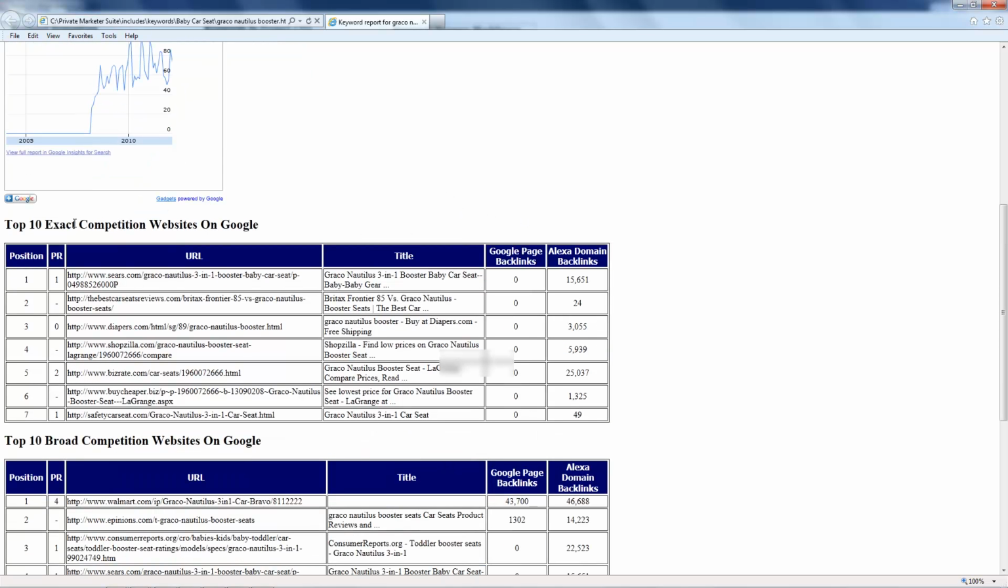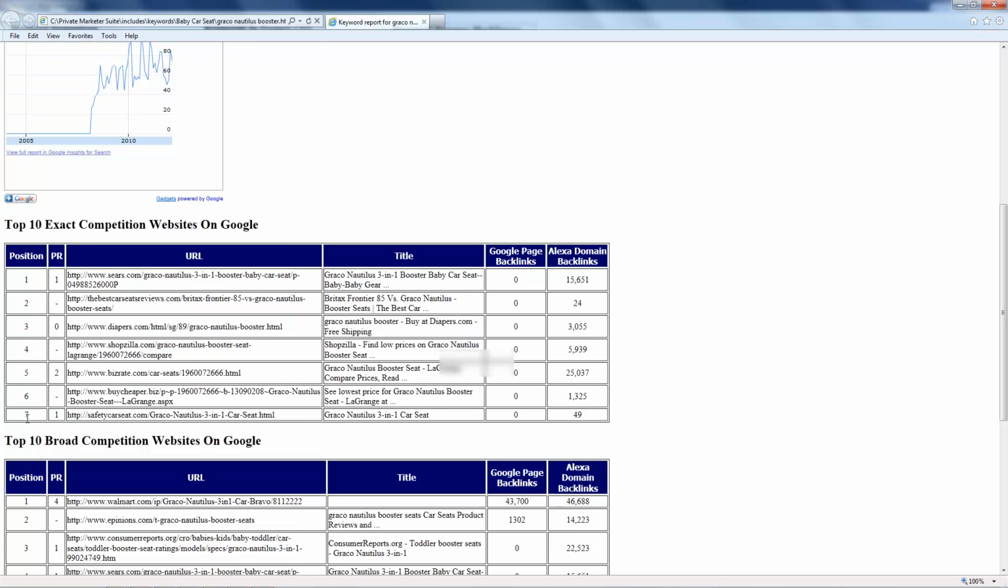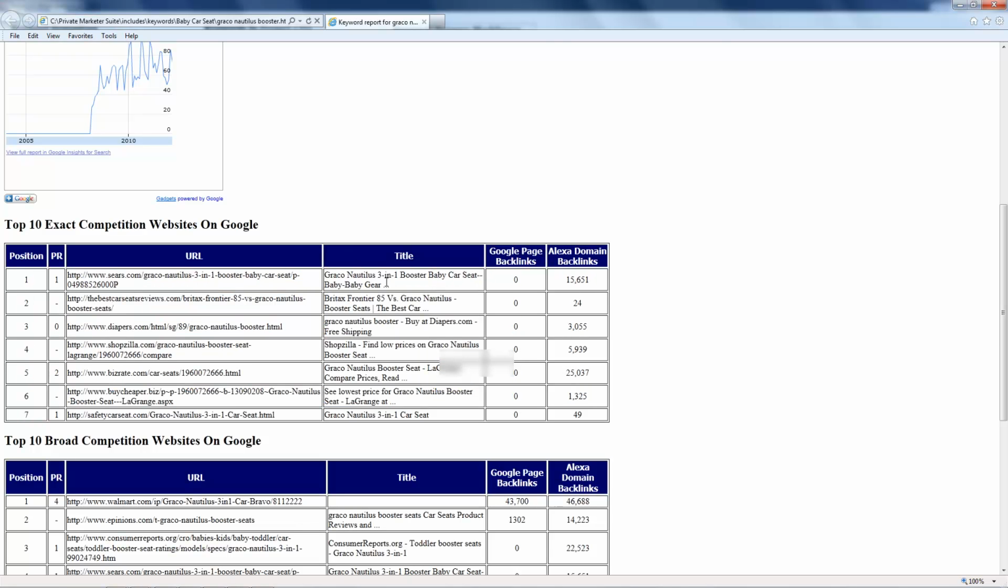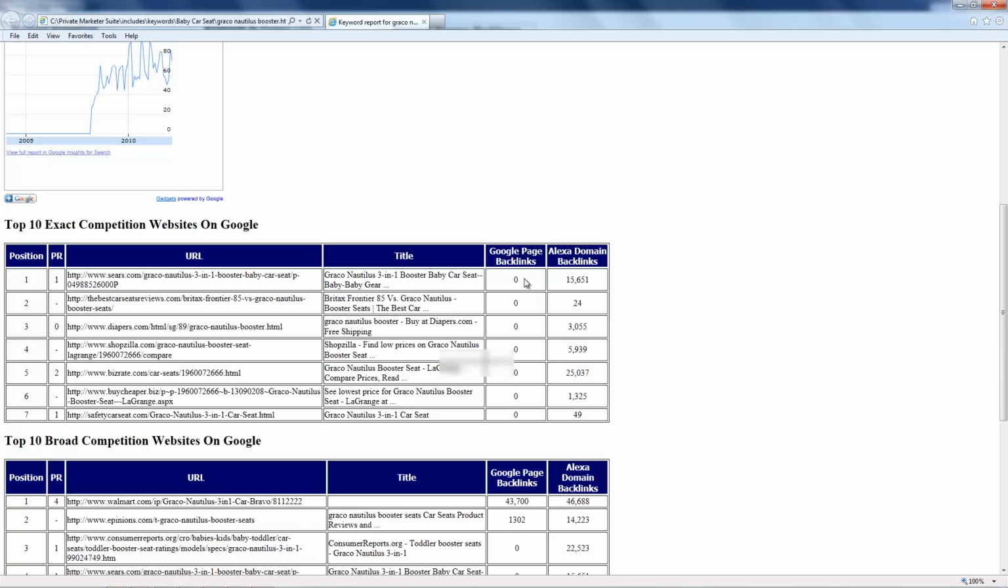Also, in exact competition, we get to see the top 10 sites. This one has 7, and that's because some of the sites on the first page were YouTube videos. Right here shows you their title. It shows you the PR of the page if they have any. It also shows you how many backlinks the page actually has according to Google when you do their links search query, and also shows you their root domains